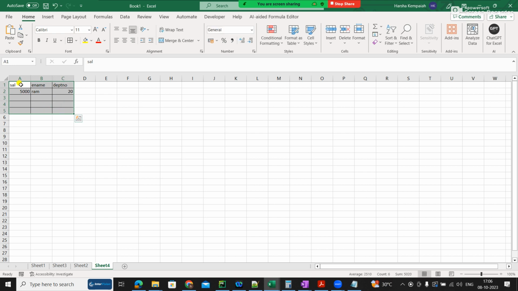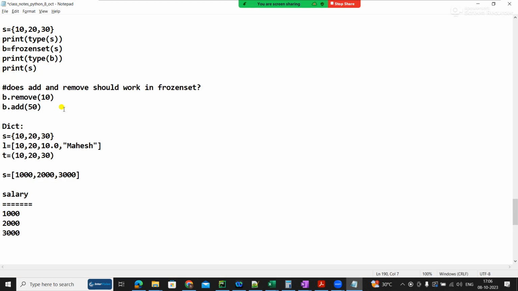Don't worry. We'll take one small example and show you. That's just importing the Pandas library. That can't be done with lists, tuples or sets, because a dictionary has the advantage of having key and value pairs. I have a lot of questions on this, a lot of problems which we will be solving next week.